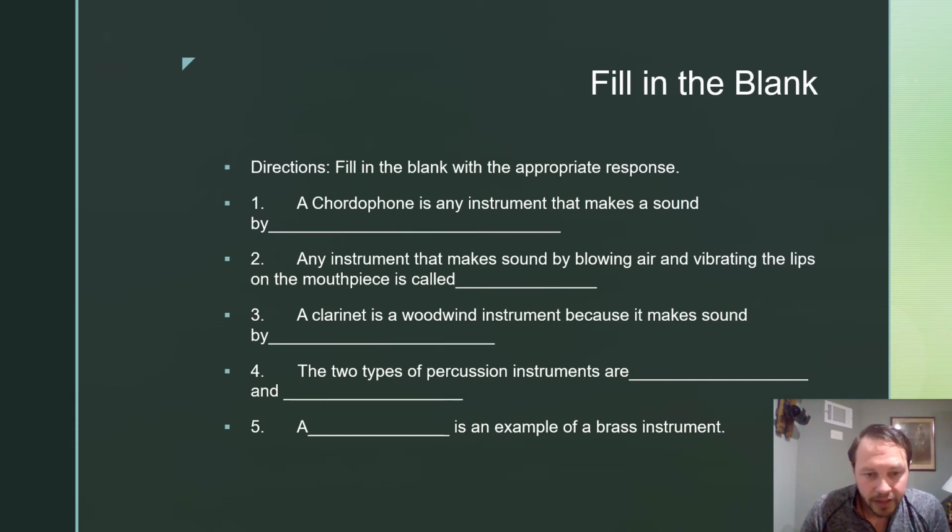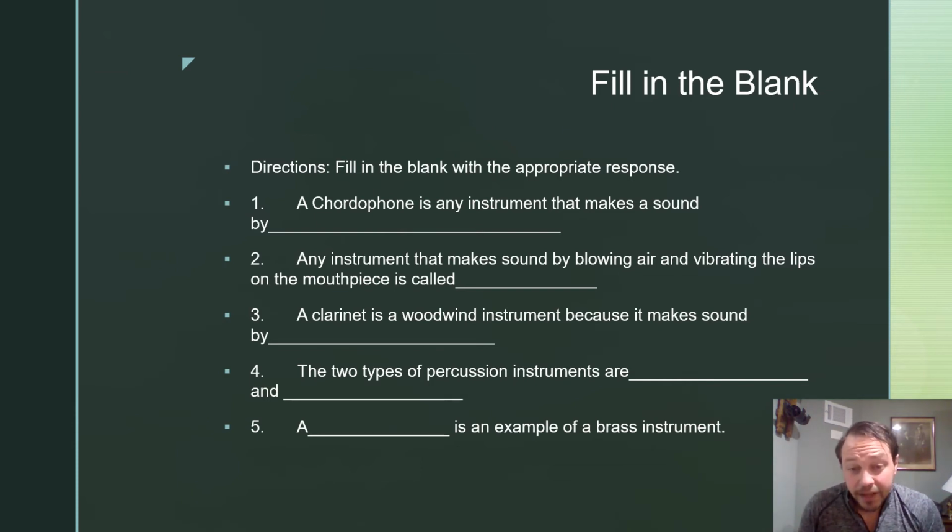Number 4, the two types of percussion instruments are blank and blank. Now, here's one where you could actually have a couple of different answers. First I'll tell you what the answer is not, okay? What I'm looking for here is not 2 random percussion instruments. So an example of an incorrect answer for number 4 would be the 2 types of percussion instruments are snare drums and triangles. That's not correct, right? Those are just 2 different